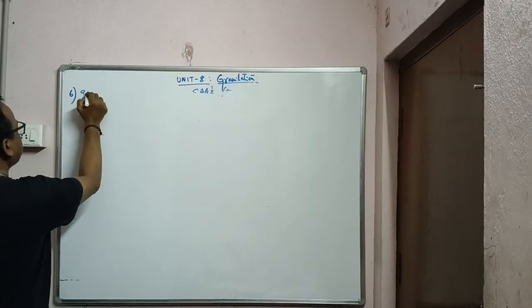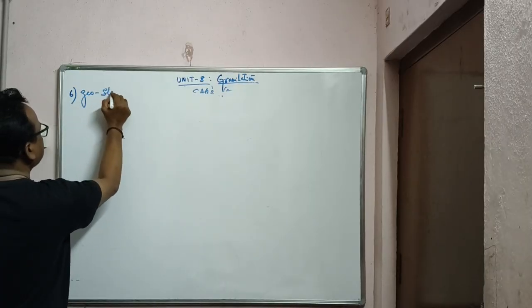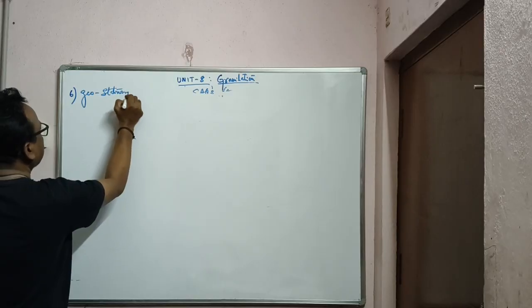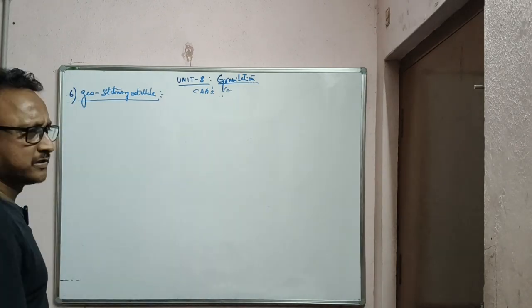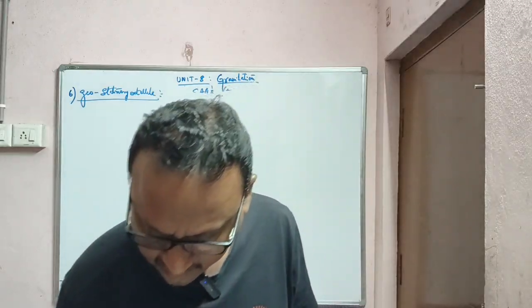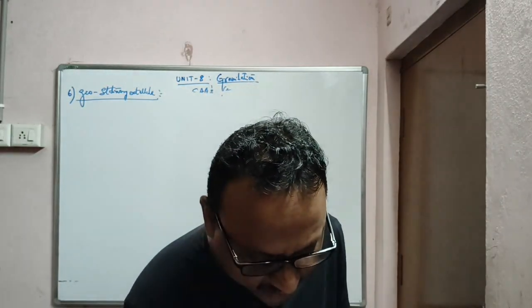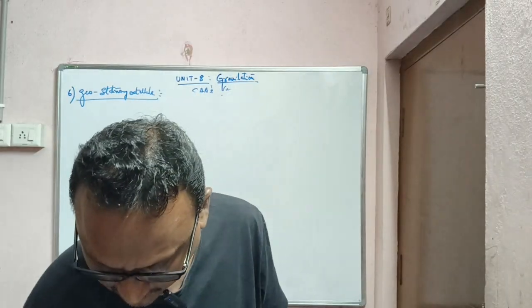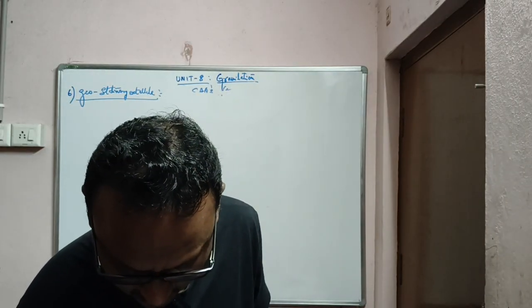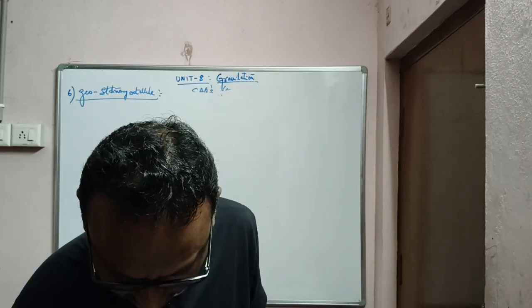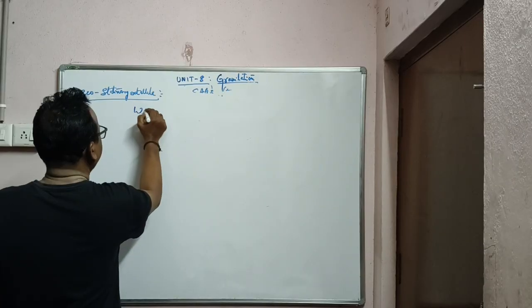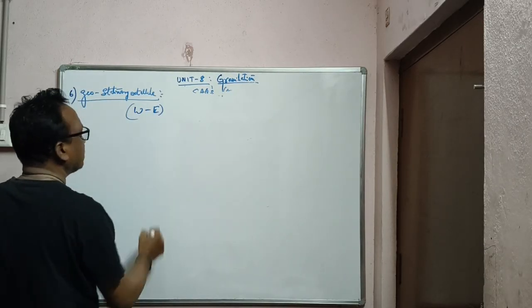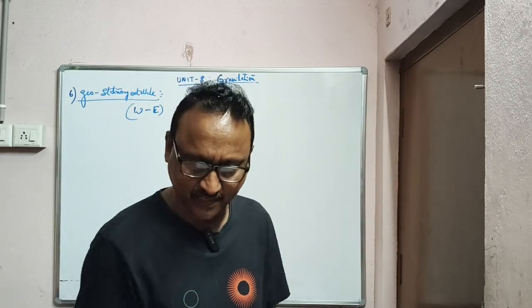Look in the name, geostationary. That is an earth satellite. Geostationary generally revolves with the speed of the earth. Okay? It revolves with the speed of the earth. That is the main thing. What is a geostationary satellite? State its uses. Okay, so write the points. Orbit directly above the earth's equator from west to east. So it is the earth satellite. It rotates with the speed of the earth.